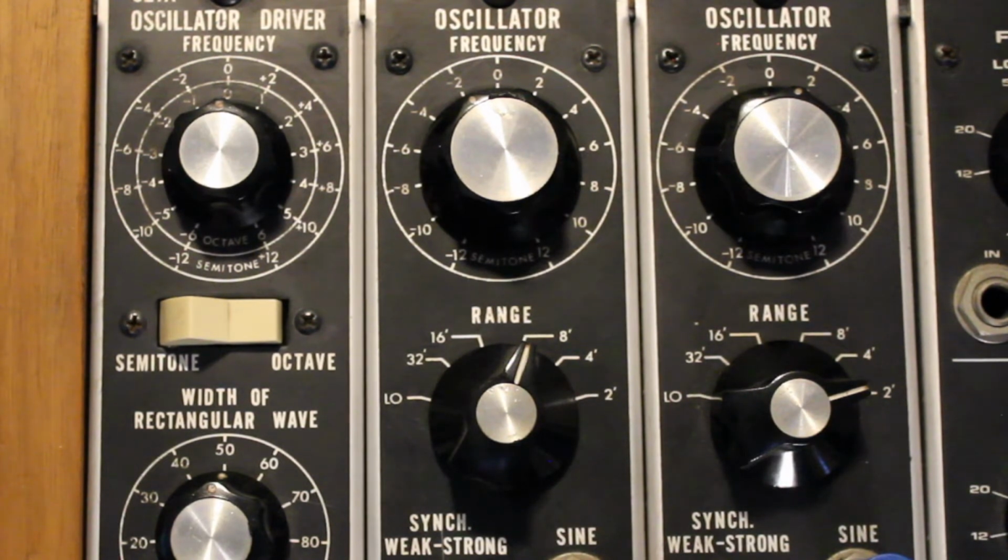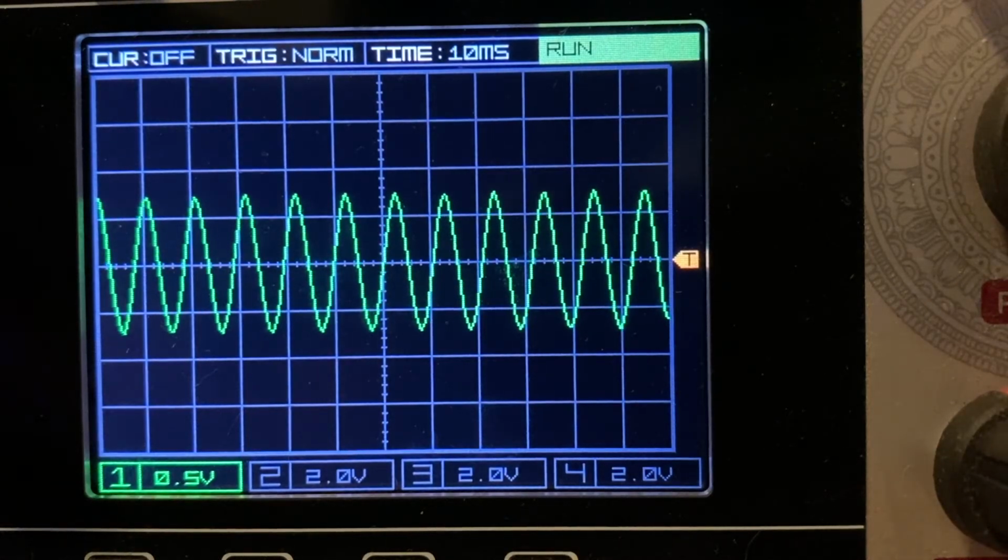I'm going to have one oscillator set to 110 Hz, and the other one will be set to 550 Hz. If you are familiar with a piano, 110 Hz is the second A below middle C, and 550 Hz is just about a C sharp, a little more than an octave above middle C. I chose these two frequencies to relate them to the first two sine waves that we saw, where one had a frequency 5 times the other. Let's listen to them and see their graphs on the oscilloscope.